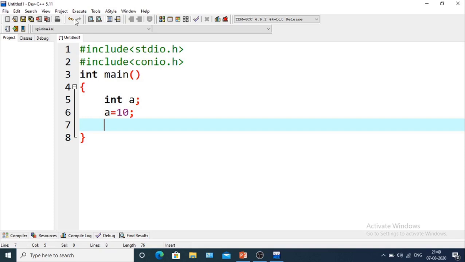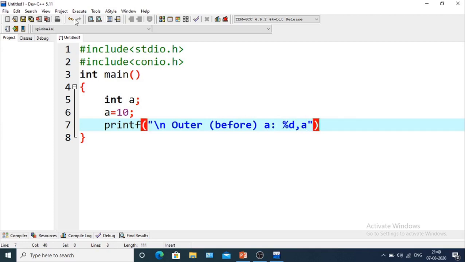Next we will print it. So printf, \n, and we can write "outer before" for a, and the value will be %d, comma, the value of a will be printed.